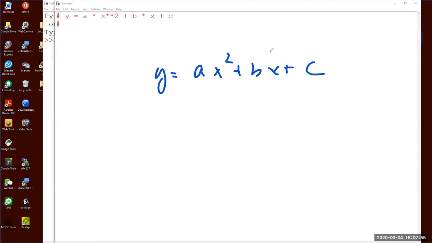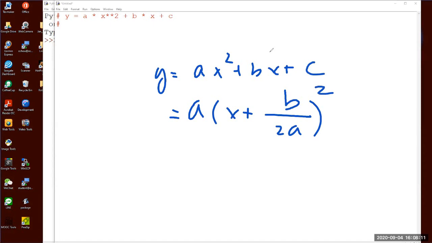So this whole thing becomes a times (x plus b over 2a) squared, and then here we have c, right? We originally have c over here. So this portion we will have a times x squared plus b over a x